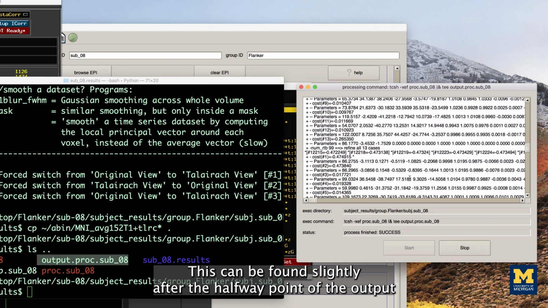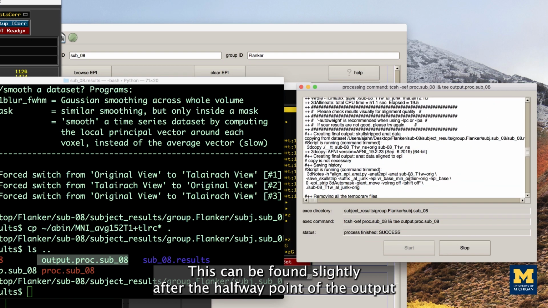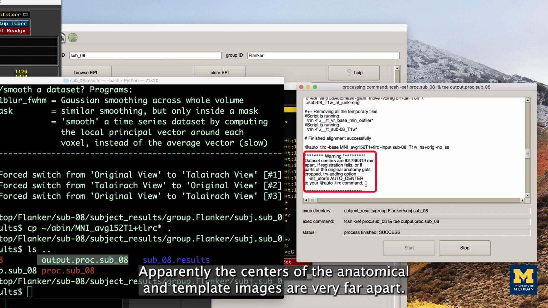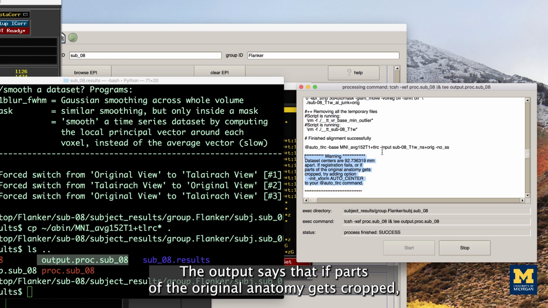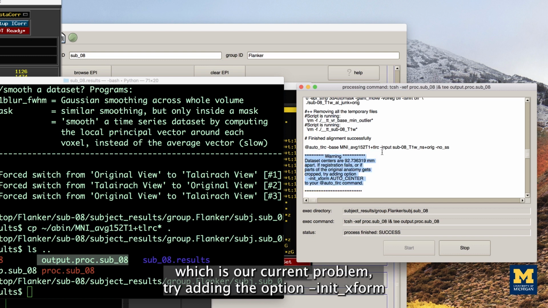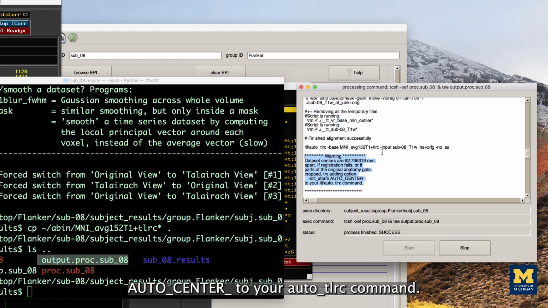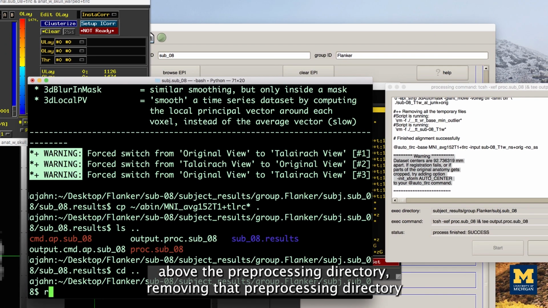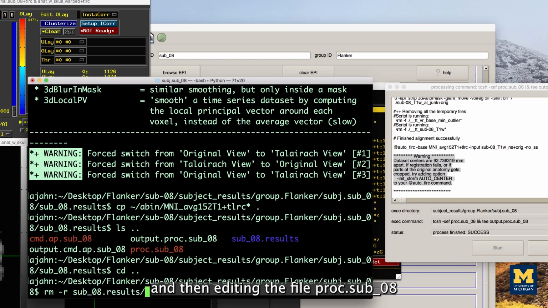This can be found slightly after the halfway point of the output after the @auto_tlrc command. Apparently, the centers of the anatomical and template images are very far apart. The output says that if parts of the original anatomy gets cropped, which is our current problem, try adding the option -init_xform AUTO_CENTER to your auto_tlrc command. We can do so by navigating to one directory above the preprocessing directory, removing that preprocessing directory, and then editing the file